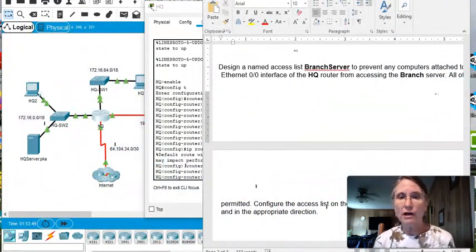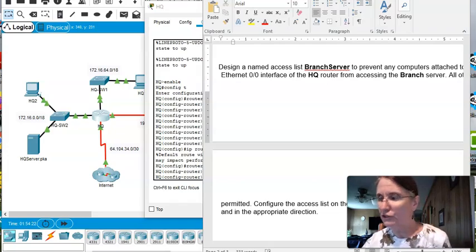It is now time to do some packet filtering using access control lists. So we are asked to design a named access list. The name is branch server, to prevent any computers attached to the G00 interface of the headquarters router from accessing